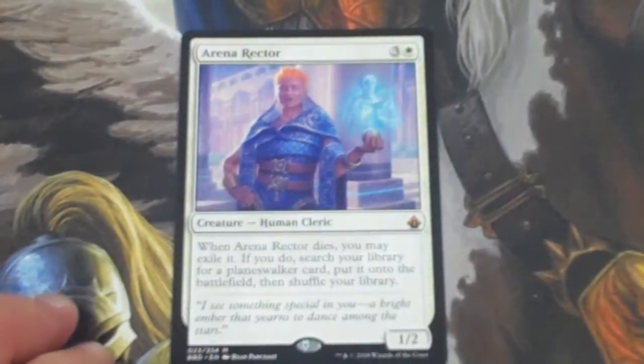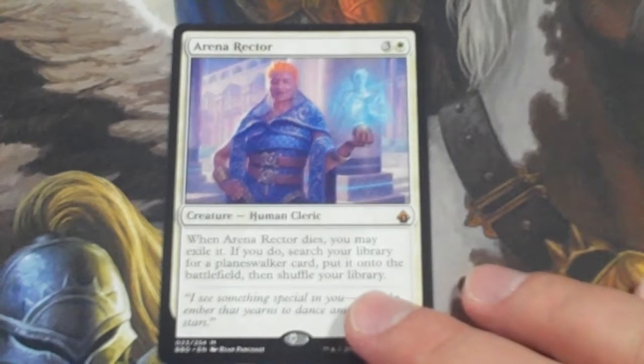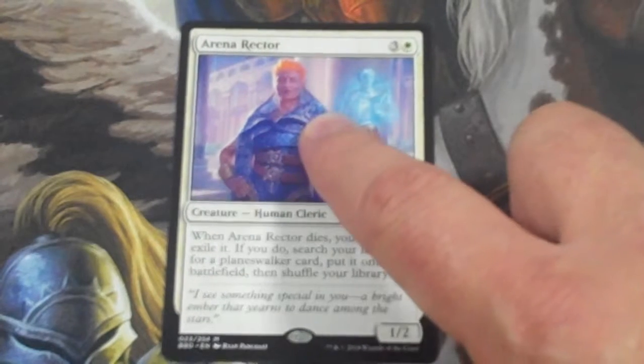We have here. Well, alright, hey, that is a good pull. Arena Rector has gone down a little bit in value, but when this set came out, this was the card everyone was talking about for a couple reasons. One reason because the artwork here,